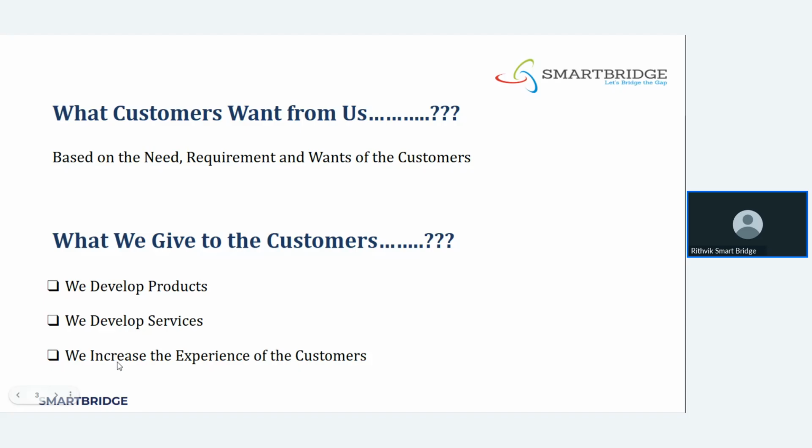A dashboard is a service. Through the dashboard, we are going to add multiple charts. We increase the experience of the customer. By seeing the graph only, you need to understand; that is what an experience is. What are the color ratios you are using? What are the graphs you are using? Pie chart for that particular graph, bar chart.